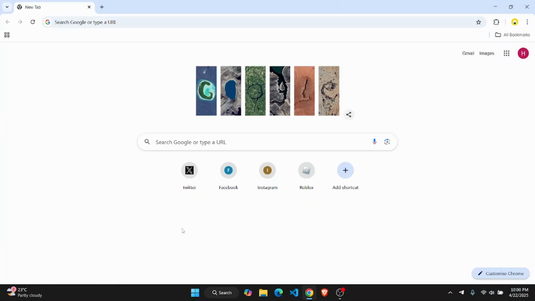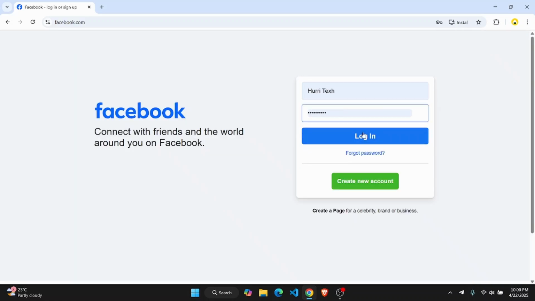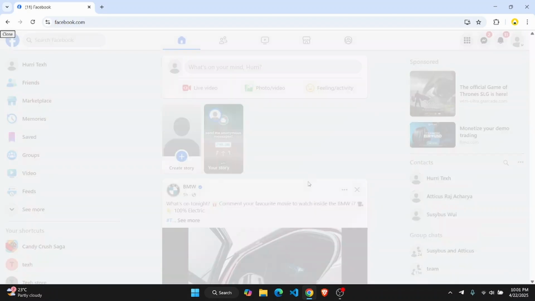What is up, everybody? If you are trying to change text on your Facebook post, first of all, you're going to have to open up your web browser and head over to facebook.com. Now here you just have to make sure that you sign into your account. And once you easily log into it, you're simply going to have to create a new post by clicking on